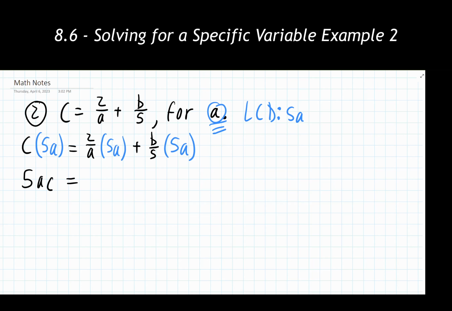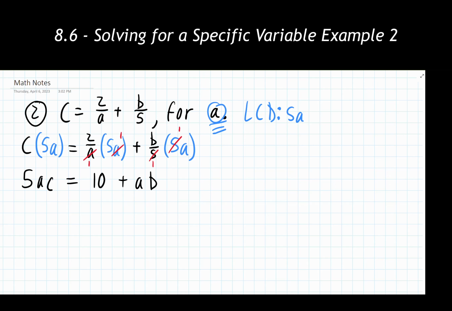For our next one, I have an a in the numerator and a in the denominator spot, so those cancel and each become 1. So this thing's going to become 10. And then on that last term, I have a 5 in the numerator, 5 in the denominator, those cancel, and I'm going to be left with ab. It's not necessarily a whole lot better, but at the very least, I now don't have any fractions left over, so that's nice.